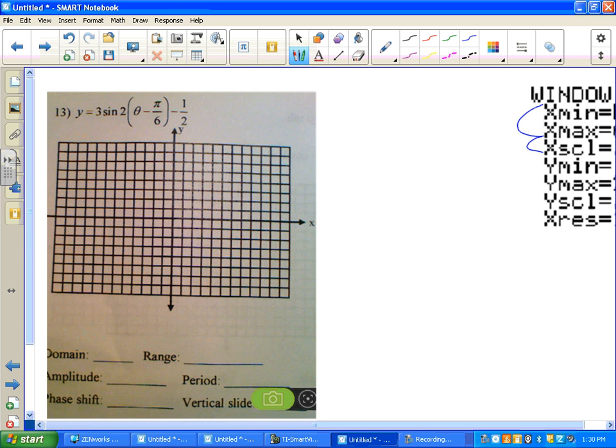Now here, this is what we want to know. What's our minimum for the y? We know that we're shifting down a half. We're going down a half. Okay, so normally, instead of going from 1 to negative 1,